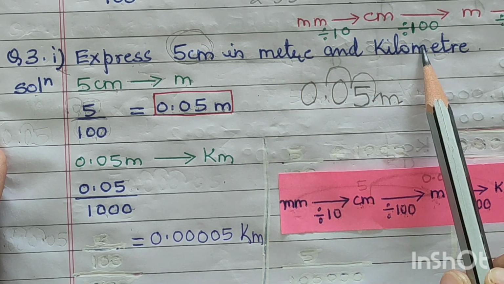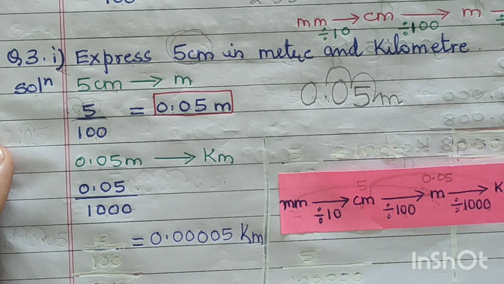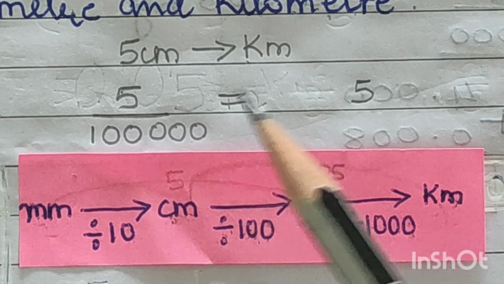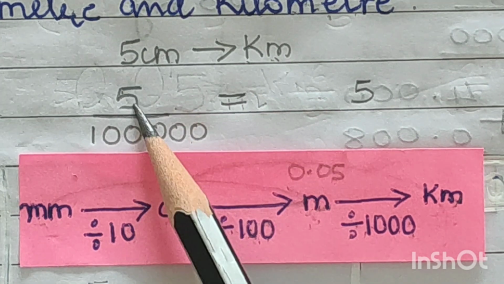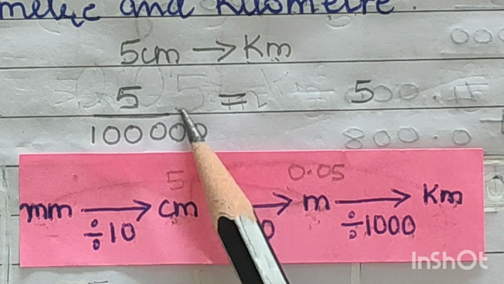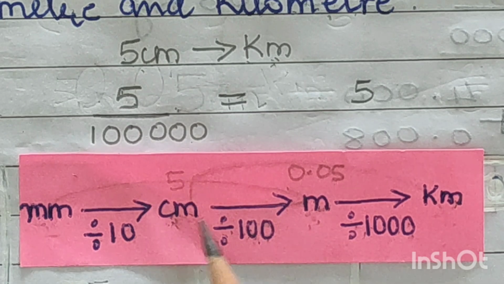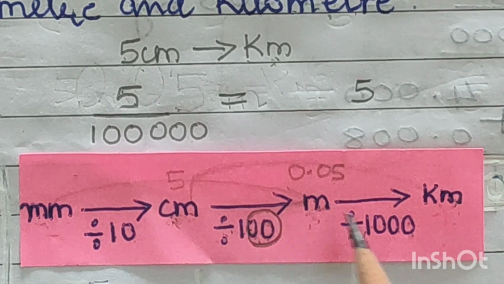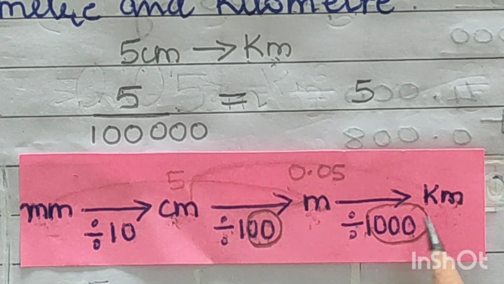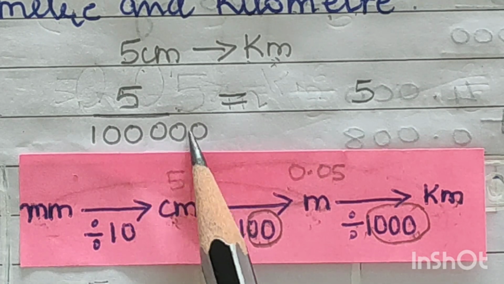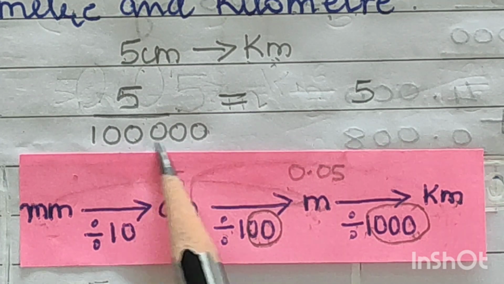The second part of our question is converting 5 centimeters to kilometers. This could be done in two ways. One way to solve this is very simple. 5 you write here, divided by what? Divided by the centimeter to kilometer factor. Let's see where centimeter is here and kilometer is here. How many zeros are there? Total 3 plus 2, 5 zeros. Here it is divided by 100 and this by 1000. So these go together, 2 zeros plus 3 zeros. So now you get 5 divided by this number.